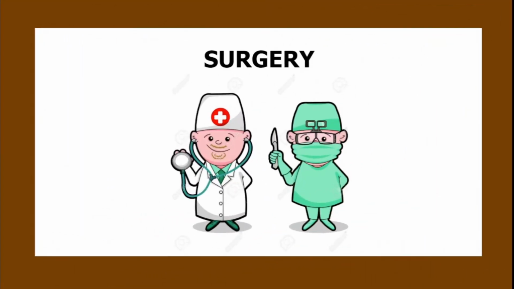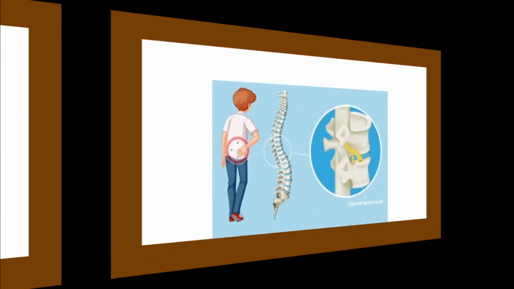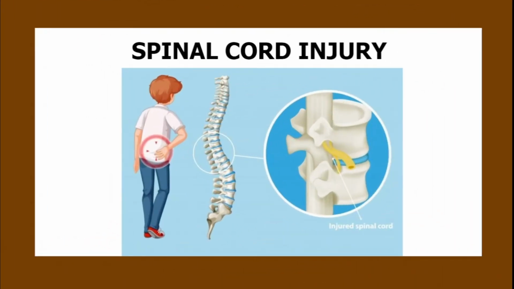Then is the surgery, to drain your bladder during surgery or before or after surgery, and the surgery can be on your prostate gland or any genital area, for example hysterectomy or any fractures. Next is injury to the nerves that give the signal that you have to urinate. So if that nerve is injured, there will be an indication for urinary catheterization. Next is spinal cord injury, if you are confined to a wheelchair or to a bed.